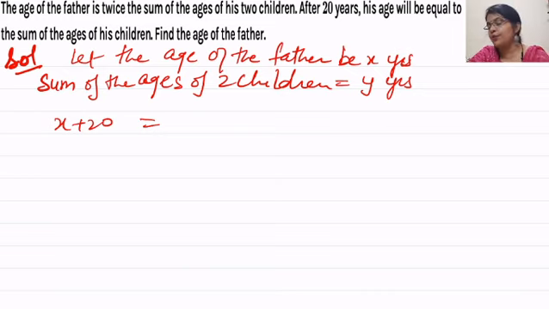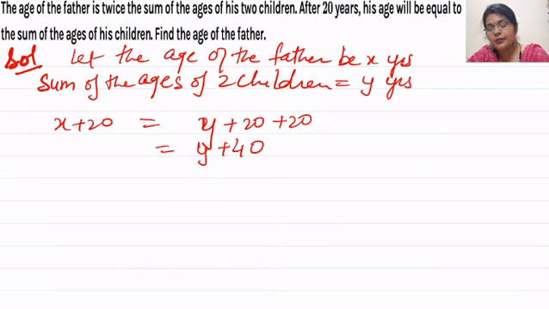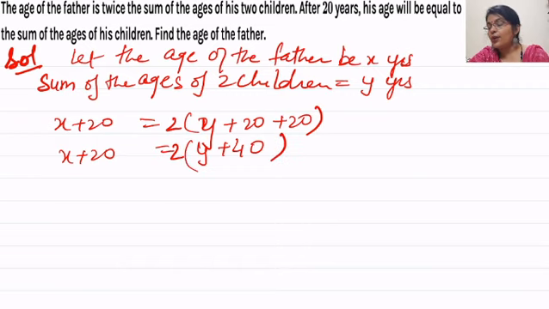20 साल एक बच्चे की उम्र में और 20 साल दूसरे बच्चे की उम्र में। This is only what you have to just think, कि यहाँ पर हमारा जो बच्चों की उम्र का सम है वो y है। अब एक बच्चे की उम्र में 20 साल जोड़ा और दूसरे बच्चे की उम्र में 20 साल जोड़ा, तो ये बन गया हमारा y प्लस 40। बस इतनी सी बात को हमको थोड़ा सा ध्यान देना है। अब उसके बाद क्या लिखा है, एज ऑफ फादर इज ट्वाइस द सम, तो ट्वाइस कर देंगे हम, ट्वाइस द सम ऑफ द। तो अब बस, only this much was the problem with this question. एक्चुअली तो ये है कि x इज इक्वल टू 2y है, लेकिन बस यहाँ पर इस चीज को हमको फोकस करना।